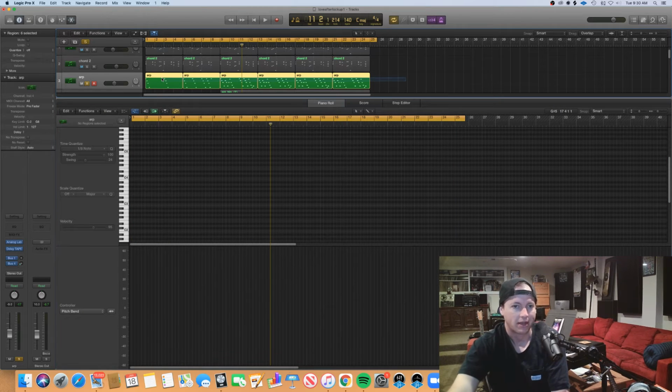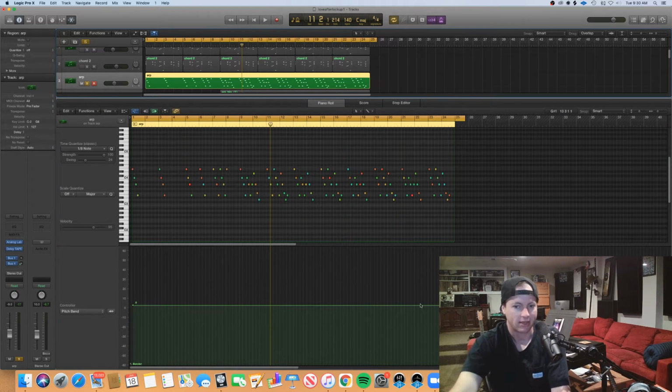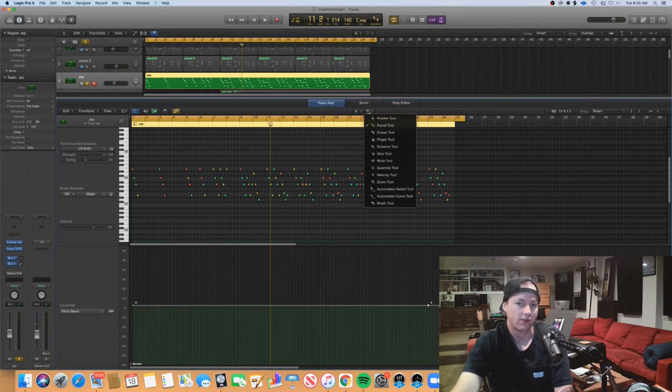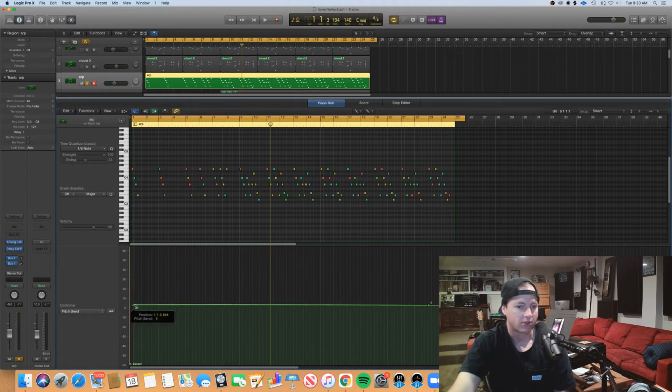Now, I want to actually join all these up so that I can write the MIDI as one thing. Now, it defaults in Logic, if you're holding Command on your keyboard, it's going to go to a pencil tool. Up here is how you would also change that. So you could go in and actually select the pencil tool. You just click to draw with the pencil tool. You can literally just sort of randomly bounce it around the line.